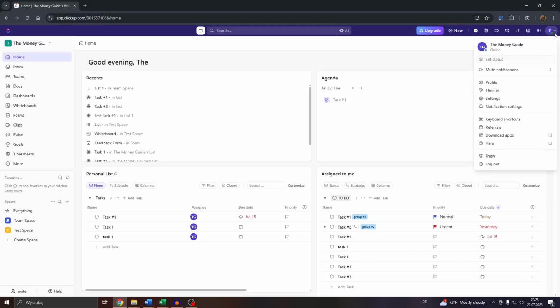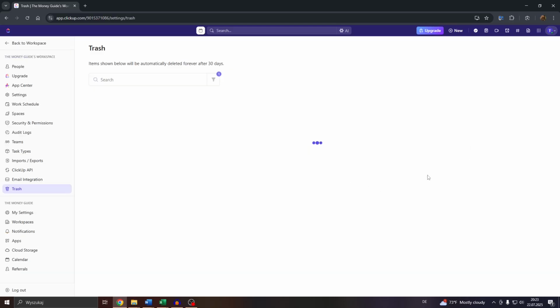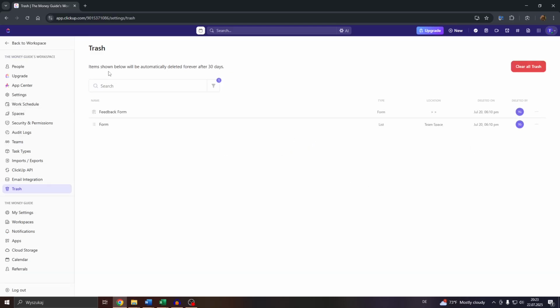So to do that, click on the profile icon in the top right corner and select trash from that drop-down menu. And here you will see all items that will be automatically deleted after a time span of 30 days. So you can wait for that time span to expire, of course, or you can speed this up, guys, and for example, delete all items listed below, like tasks, forms, feedback forms, to-do lists, and so on and so forth,